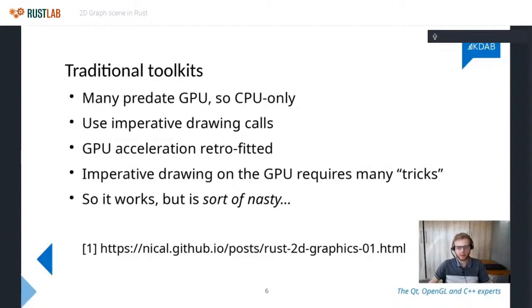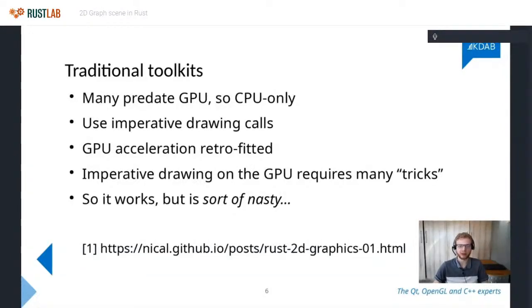Okay, so before I go into more detail on how we use GPU acceleration, let's first talk about how traditional GUI toolkits work. By traditional GUI toolkits, I'm talking about something like Qt widgets, which has been with us for a very long time. It actually still works quite well for data-heavy large desktop applications, but it's not that great for embedded.